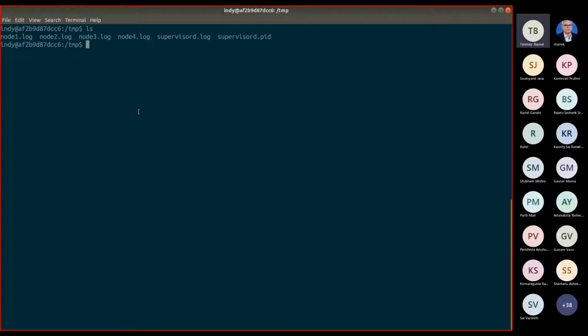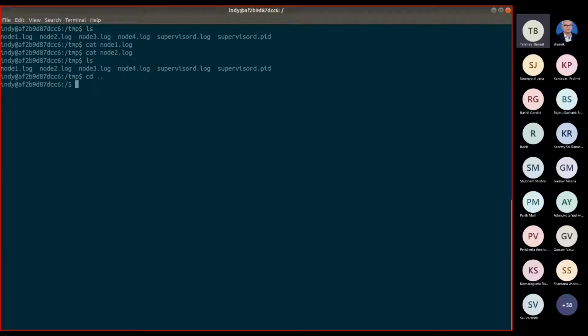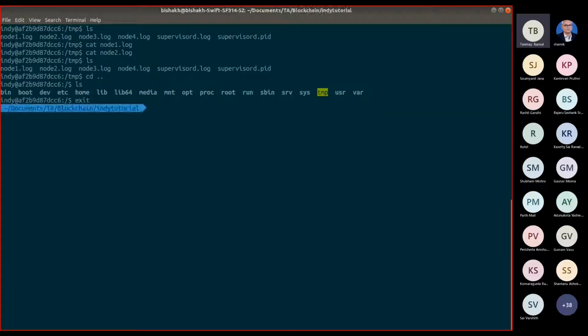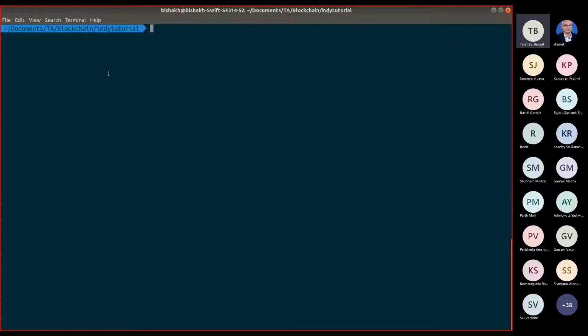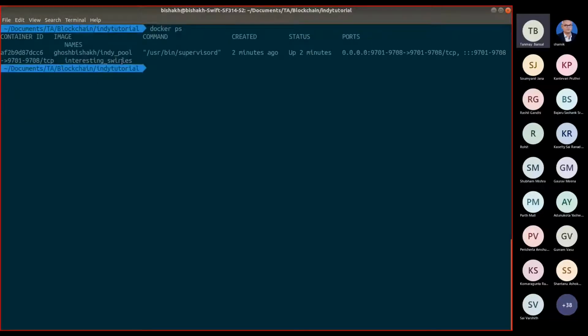and they will be forming the network. This is just a demo setup, so all the four INDI node processes are running in the same system. Okay, so nothing has... I think it only logs errors, so that's why. So this is running. Now how do we access this INDI pool? So we will be accessing these INDI nodes